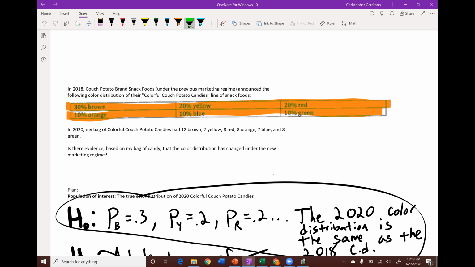And then we were given a sample distribution of colors. All right, so we are comparing our sample to the given population. And whenever you're doing that with categorical values that are not success failure,